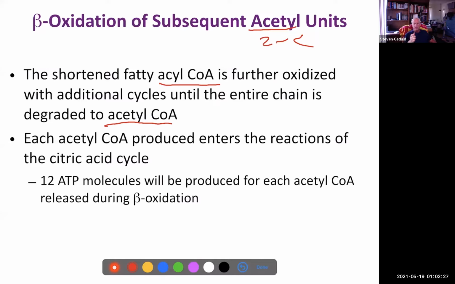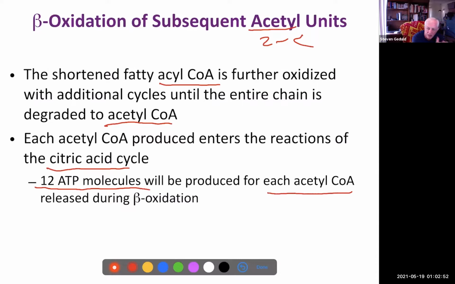We cleave those bonds to give units of 2. And we run through the citric acid cycle to produce ATP, and we produce coenzyme A, which can be used to regenerate the cycle. Okay? So every acetyl coenzyme A produced enters the reactions of the citric acid cycle, just like we did before. In the citric acid cycle, 12 ATP molecules are going to be produced for every acetyl coenzyme A that's released